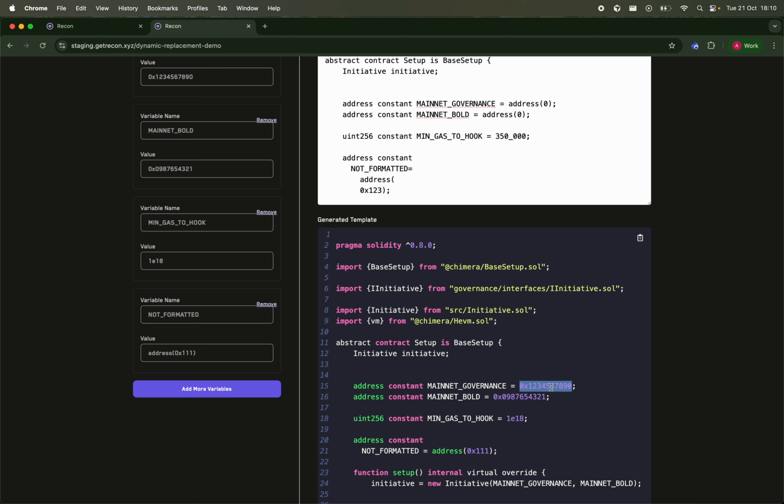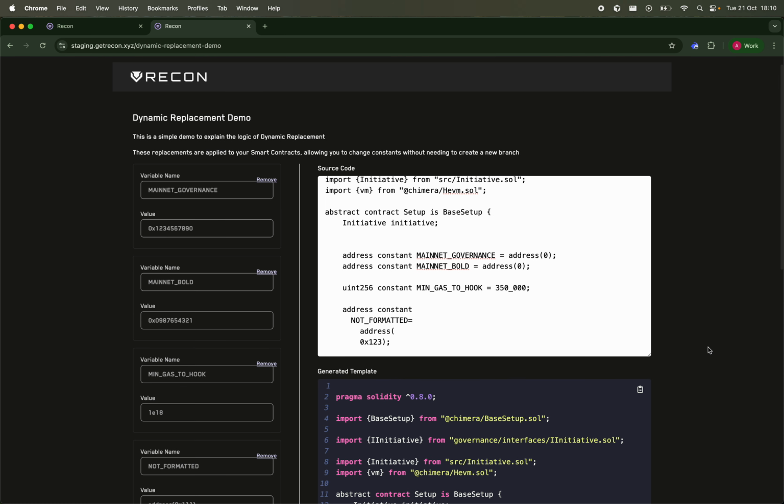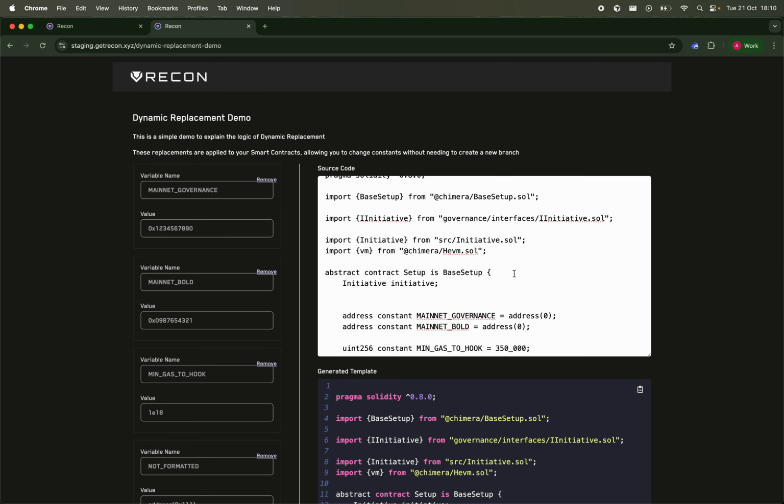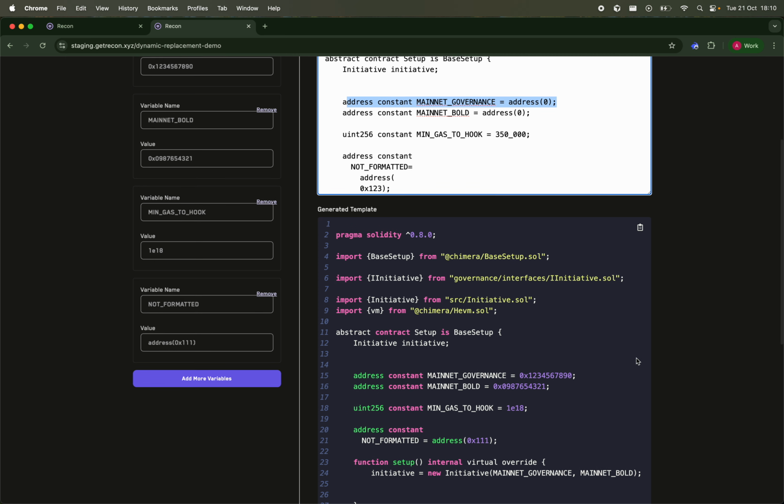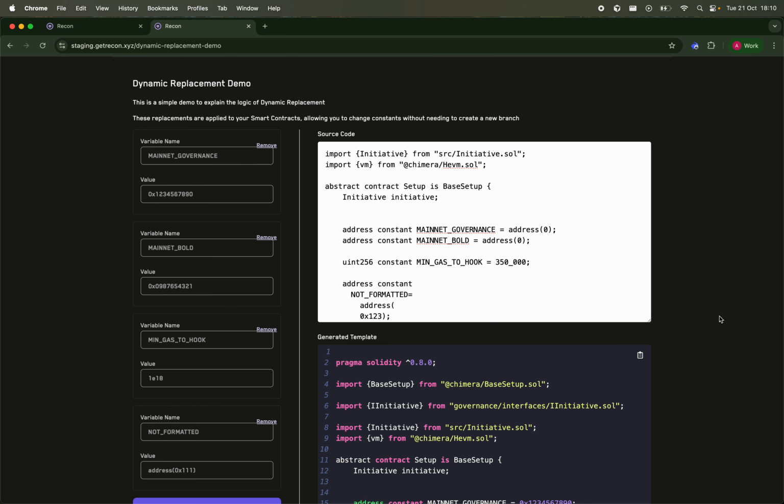And so what's going to happen in the runner is we're going to clone the repo, we're going to cd into the working directory. We're then going to find your file called setup, and that's how our dynamic replacement is set up. We find the setup.sol file, and then we're going to perform this replacement, and we're going to replace maybe all these values. And using dynamic replacement, again, allows you to change these configuration settings, and it's also usable